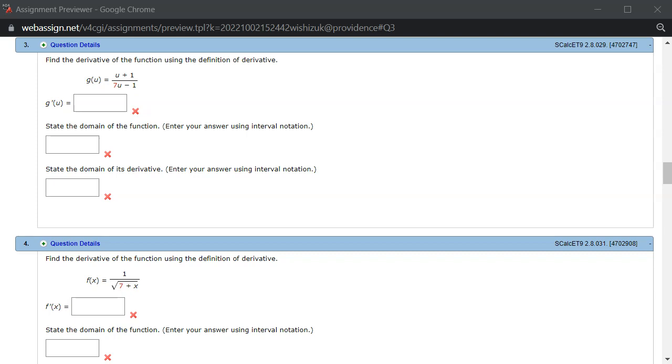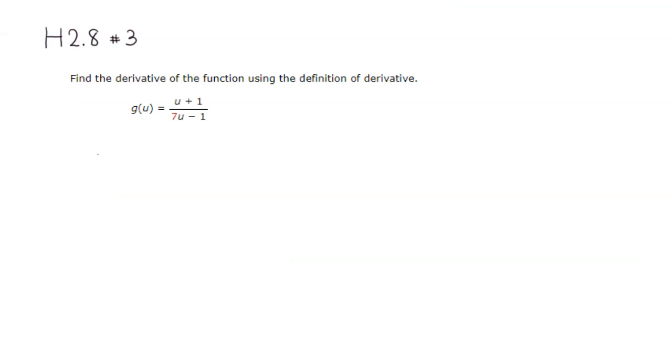Alright, let's look at homework 2.8, problem number 3. So we want to find the derivative of this rational function using the definition of derivative. So let's do that. We want to find g prime of u. So this is going to be equal to